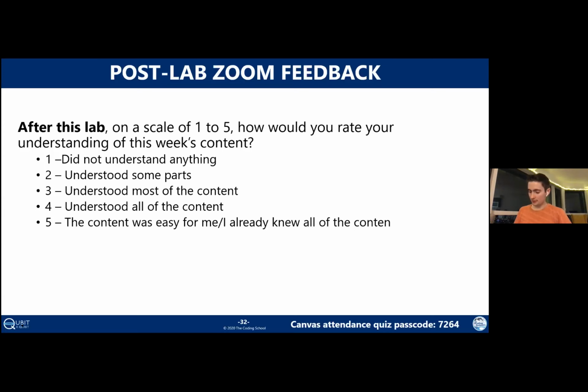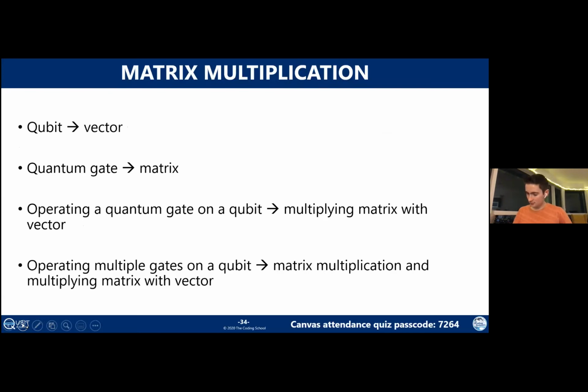Okay, so let's keep going with the optional content. As I said in the very beginning, there are two pieces of optional content this week. The first one is matrix multiplication. The second one is going to be inverting matrices. These follow the same theme, where there's going to be a lot of weird looking equations, and the answer to how to do these things is basically just memorize them. But we are going to talk a little bit about why these operations would actually be useful.